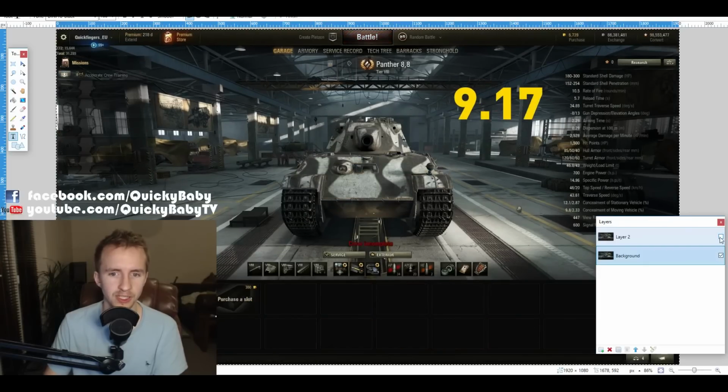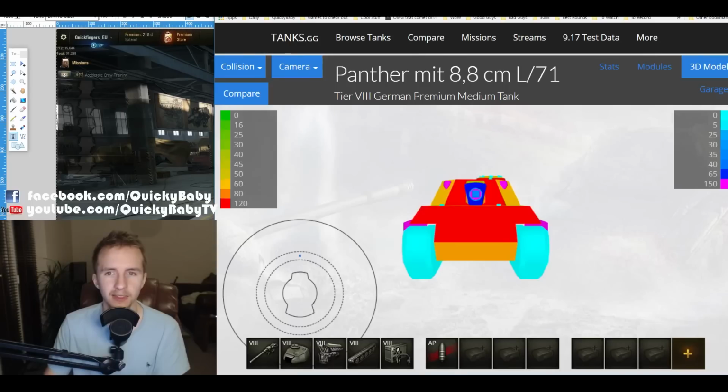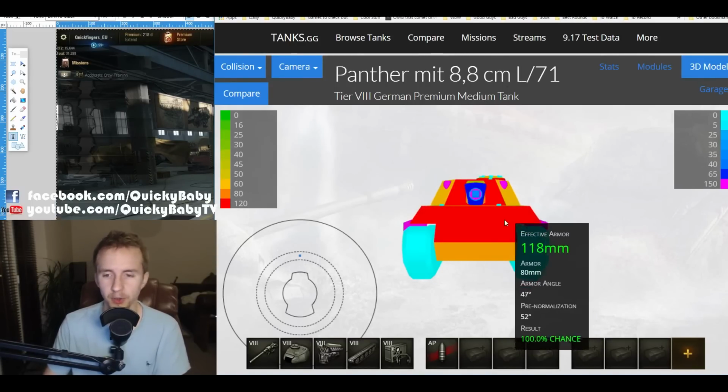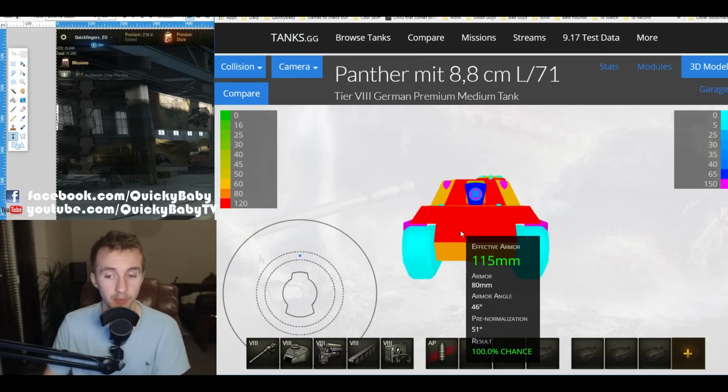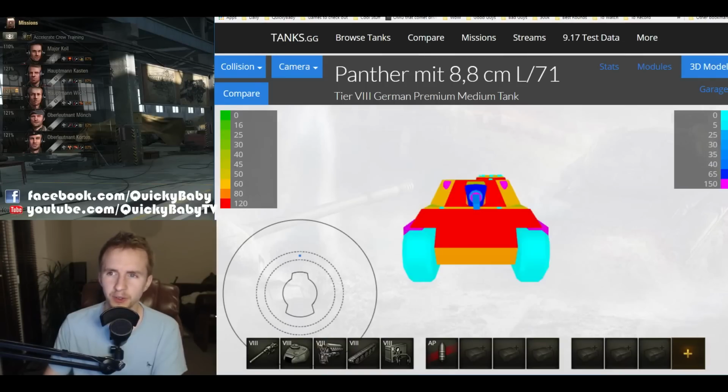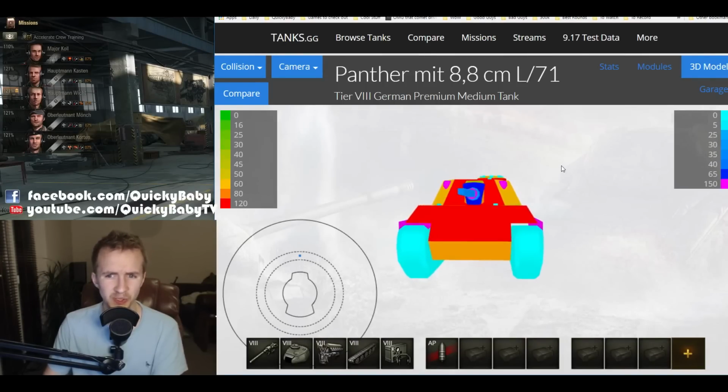Do you see how the vehicle just gets a little bit taller on the turret? And this is being picked up in model viewers too. Here Tanks GG showing it in 916 and here in 917. But that's not all. Wargaming have increased the hull armor on the upper plate from 80mm to 85mm. And so not only is this vehicle going to be significantly faster, but it should also be a little bit